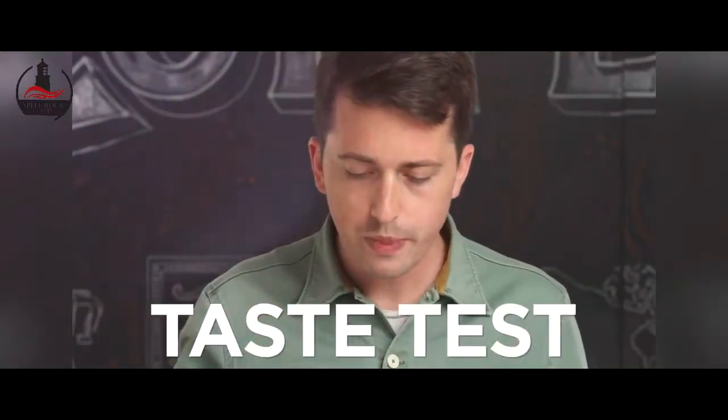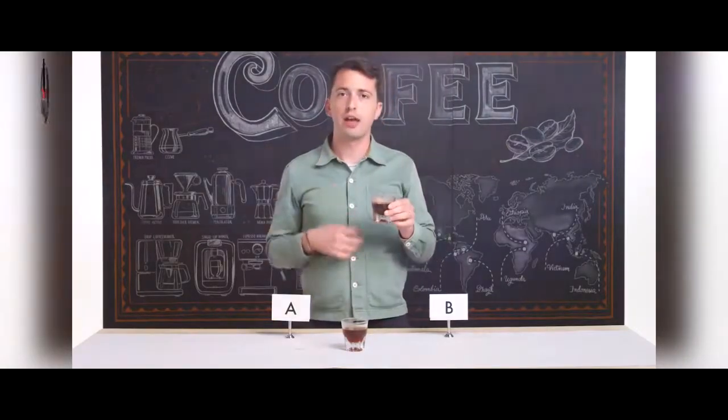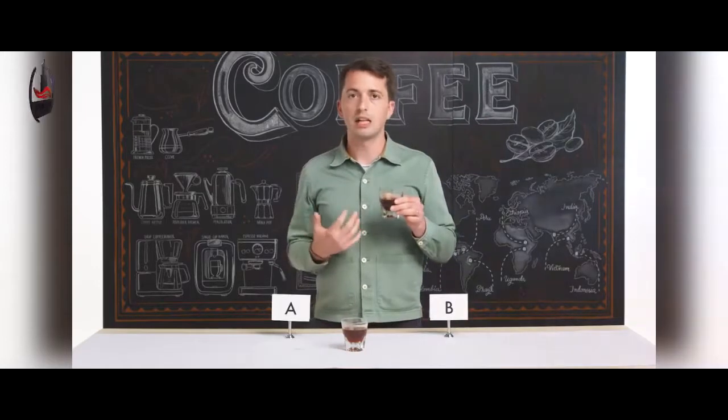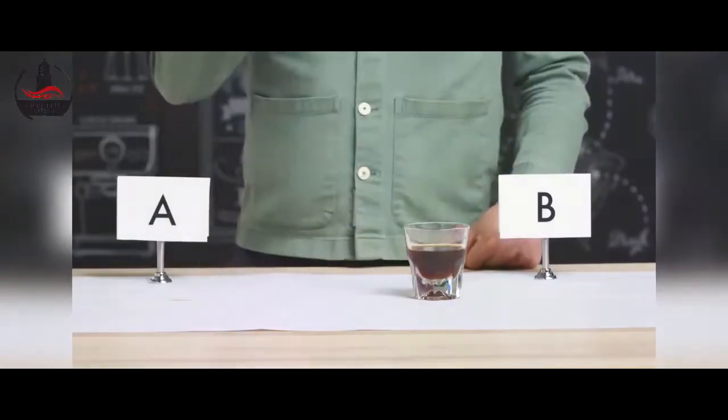So cup B is really fresh. It's really satisfying. It has a pretty big body. Sort of has a character of a really juicy, caramel soaked apple flavor, but overall also just a classic flavor. Sample A